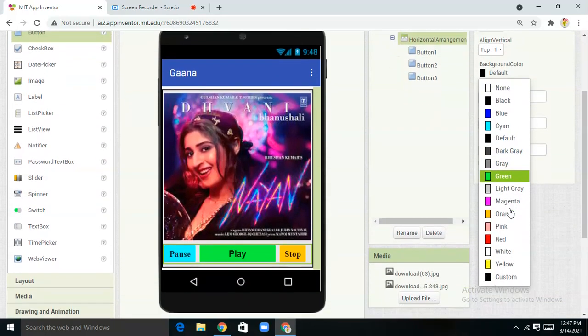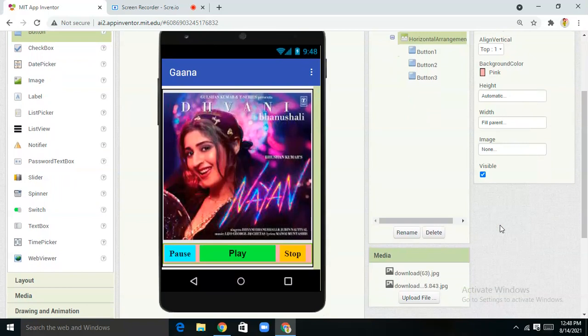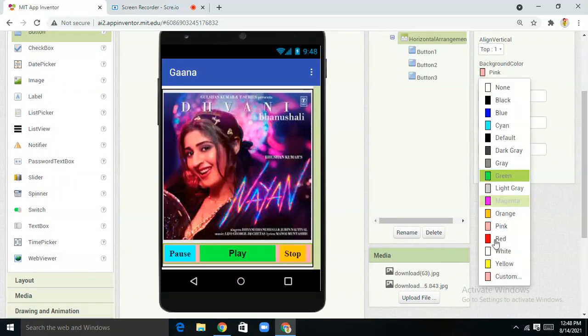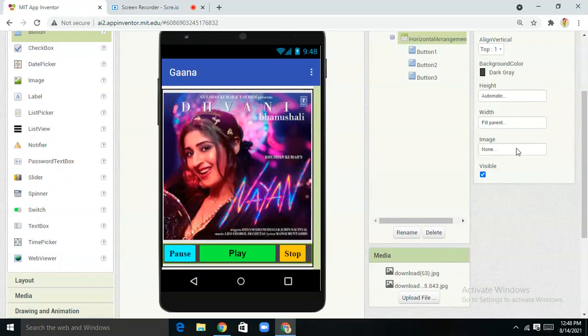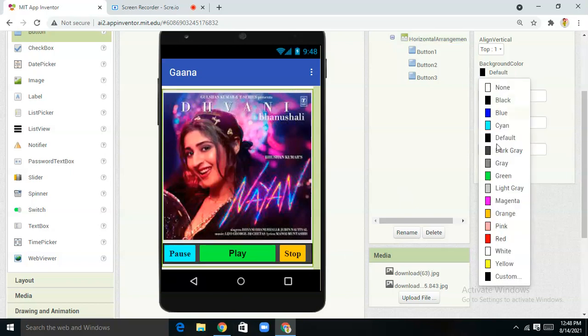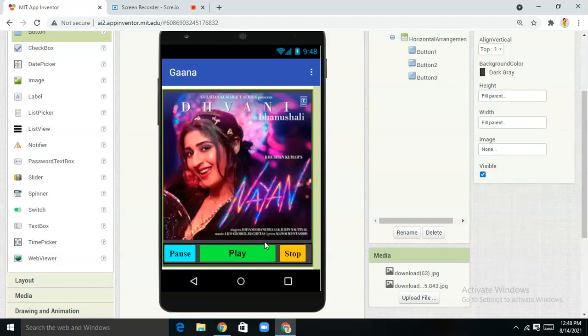Now this whole horizontal arrangement, I'm changing its background color also. I'm making it a little bit pink, or what about this dark gray? Because I think this will also look fine. Fine, and I'm making the whole vertical arrangement's background color again dark gray only, so that it may look systematized. That's why. All right.